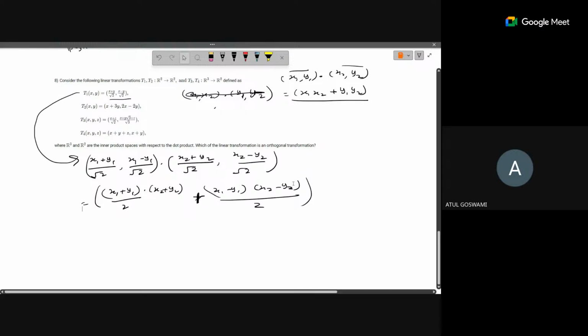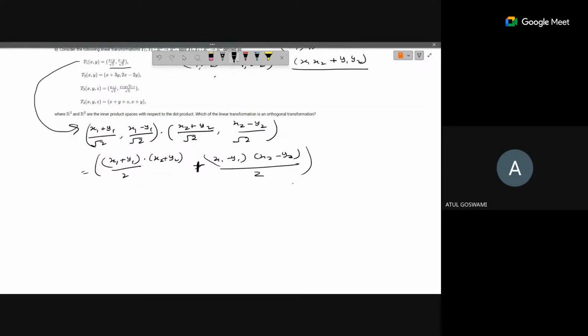This is the dot product of the image vectors. Before adding, we multiply, so we get x1 x2 plus x1 y2 plus y1 x2 plus y1 y2 divided by 2, plus